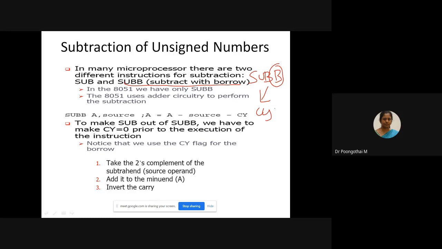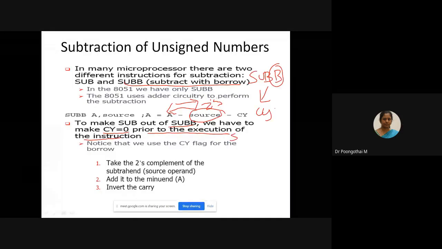So for this reason, we have to take the 2's complement of the operand to be subtracted and add it to the other operand. To get subtraction out of SUBB, we have to make the carry flag 0 prior to the execution of the SUBB instruction.